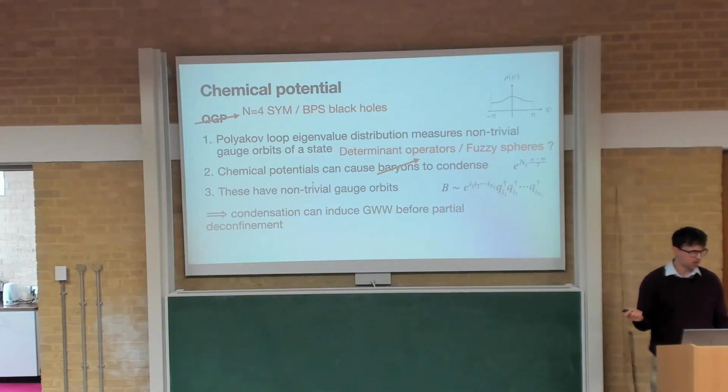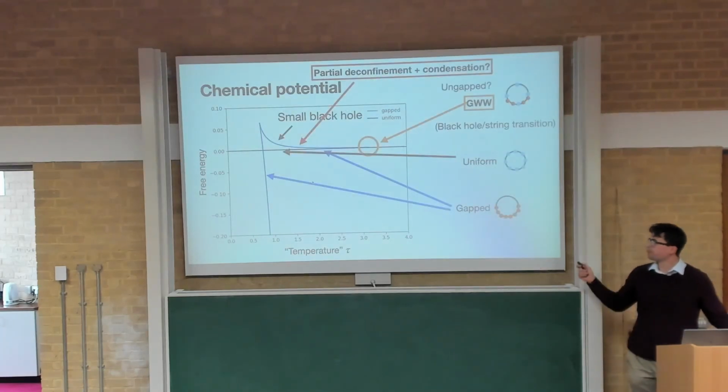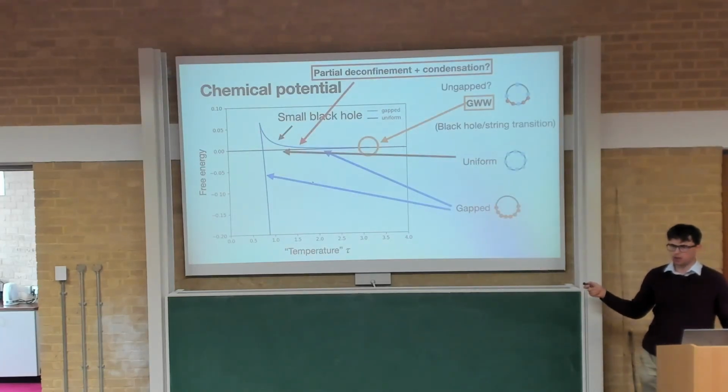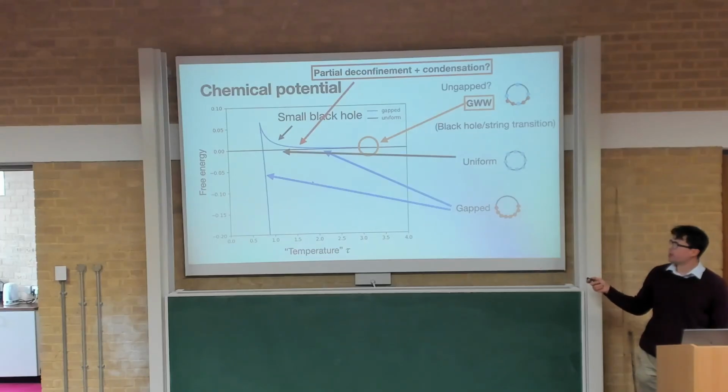One option could be fuzzy spheres or determinant operators. So if this explanation is correct, then it would suggest that this small black hole saddle could still be the partially deconfined phase, but it could have some condensation of these other objects, whether they could be giant gravitons and fuzzy spheres instead. That would be one consistent